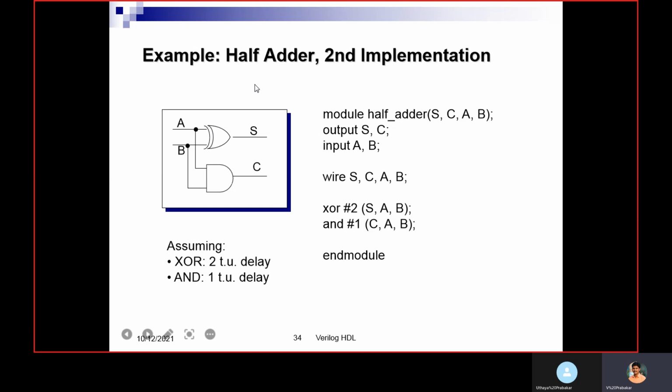The half adder which we implemented using data flow, here we are implementing with the help of gate level. The module name, then the port list, then port declaration, where we declare the outputs and inputs as wire. First we need to implement this XOR. So if I want to include any delay, I can mention it. First one is the sum output, followed by inputs A comma B. Then this one AND gate, and1, output C, comma A, comma B, then endmodule.